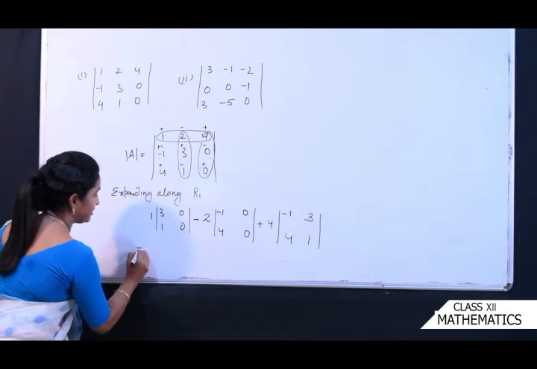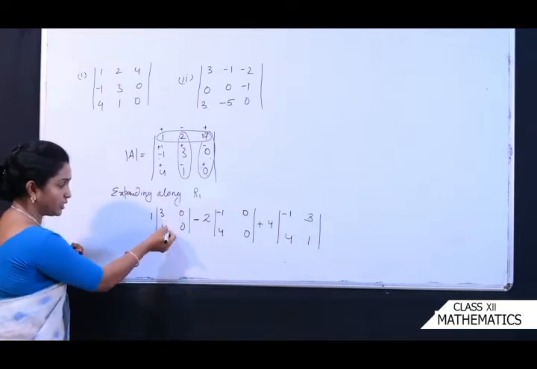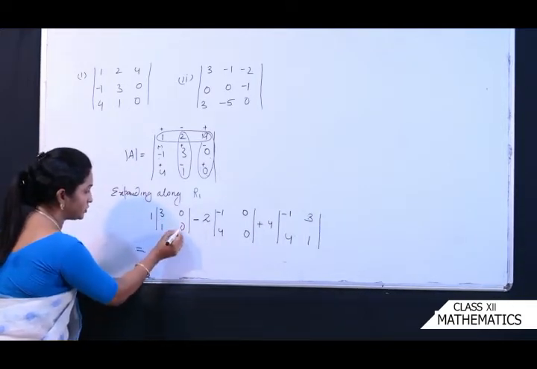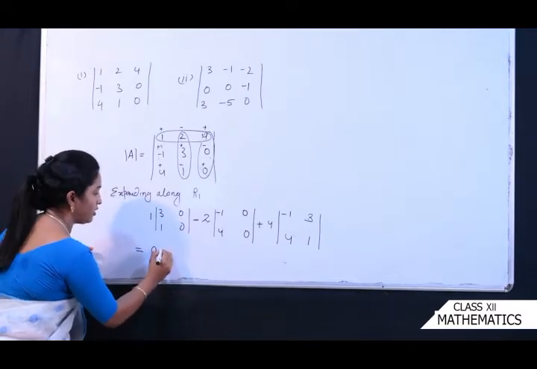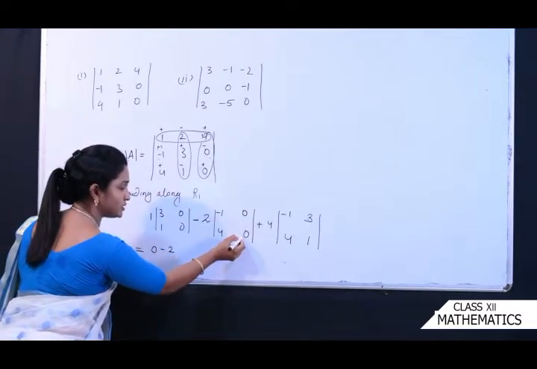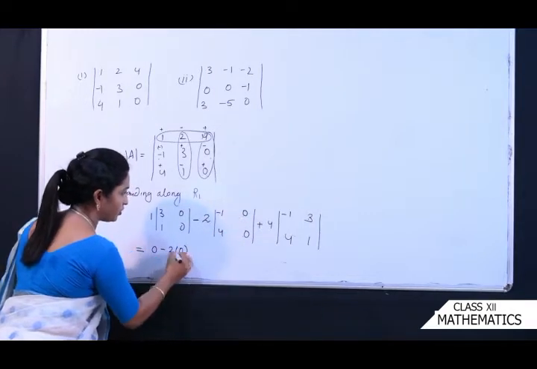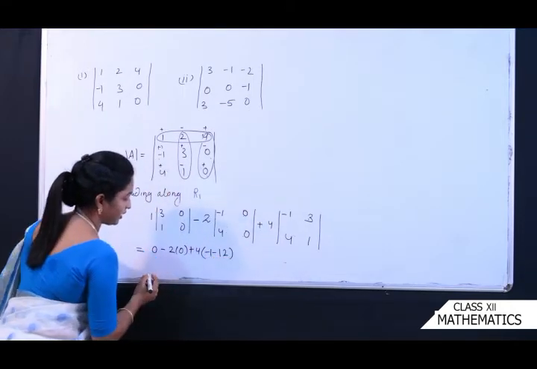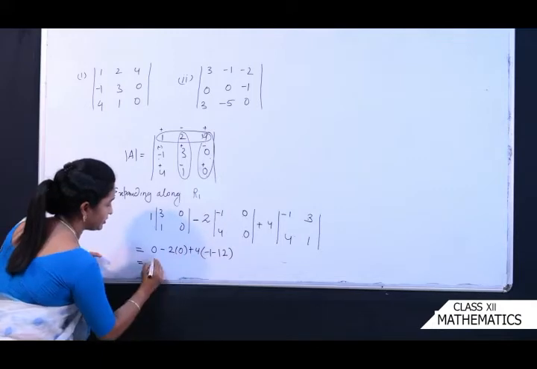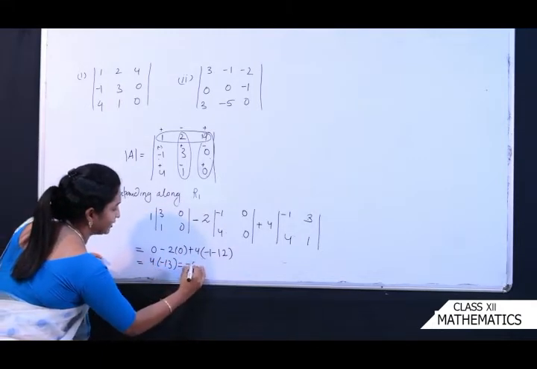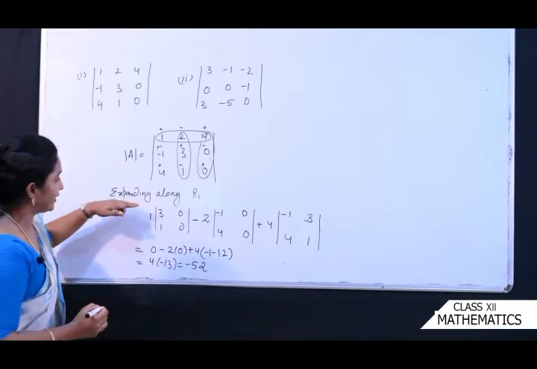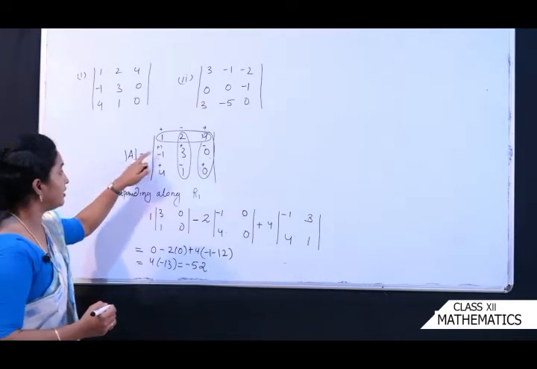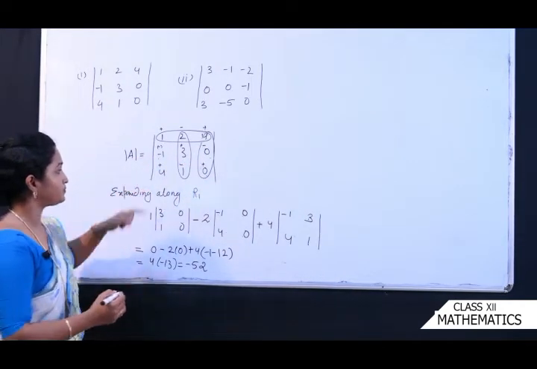Is that clear? Now see here, you know how to calculate this, you have to just cross multiply and put a minus sign, okay? It's a determinant of a 2 by 2 matrix, okay? So what are you getting, 3 into 0, it is 0, -0 ये 0 ही होगा, -2 into here also, -1 into 0 0, -0 into 4 again ये 0 होगा, okay, +4 into -1 -12, okay, and that equals to, ये तो पूरा 0 हो गया, here it is 4 into -13 and it is -52, okay. So when you expand along R1, you're getting the value determined as -52. Let's see whether you're getting the same answer when you expand along R2, okay.